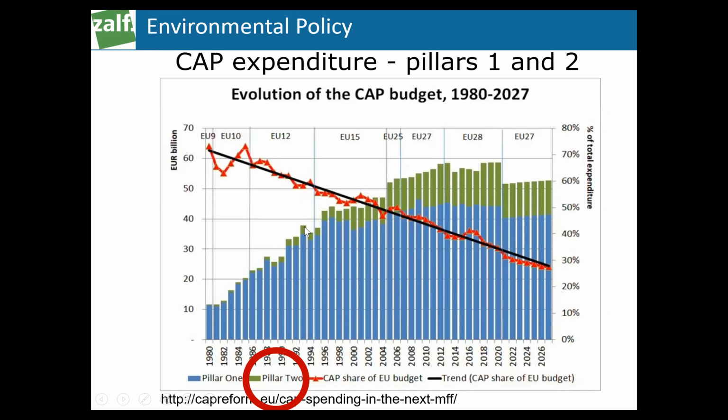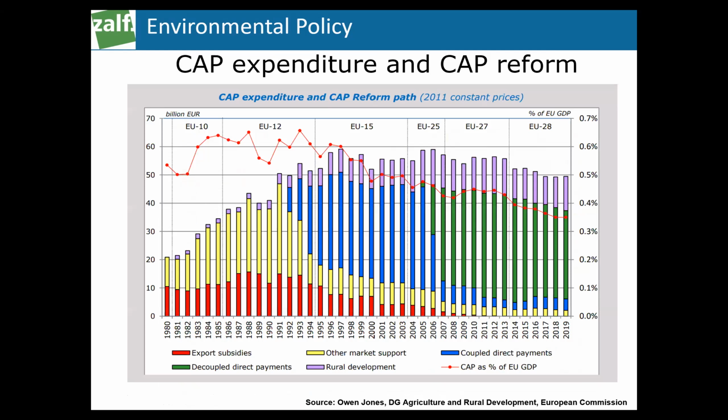Here you see now the pillar 2. These are the rural development programs. Just to show you, they will have more and more, this is towards 26, an important share. Rural development programs will be more important. Pillar 1, there's a tendency to try to limit it, but again here the overall share of the common agriculture policy compared to the entire EU budget, the trend is it will be below 30% in 26.